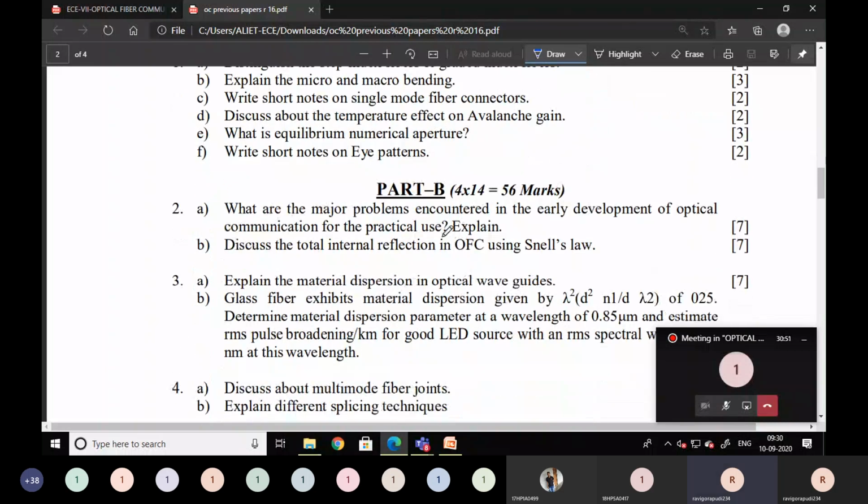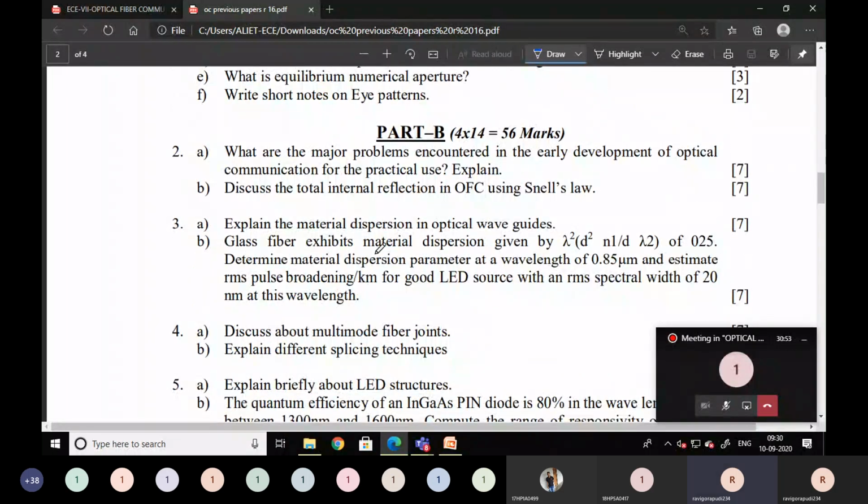Okay. So in part B, we have more time. For each question, if you spend nearly half an hour, 4 questions, 4 halves, 2 hours. 2 hours, and for part A, half an hour, 2.5 hours. Still we have another half an hour.